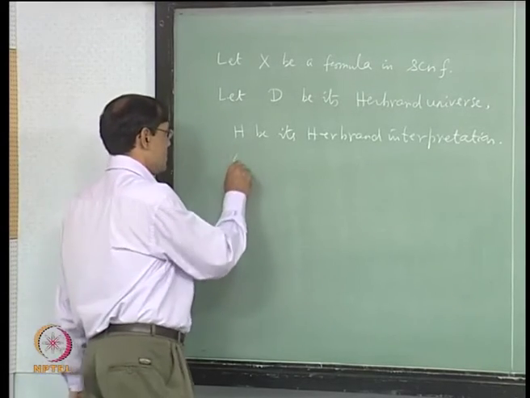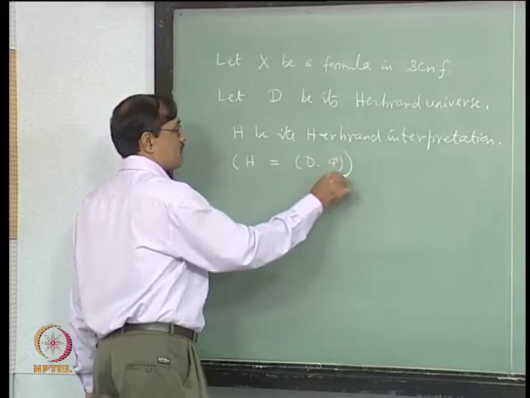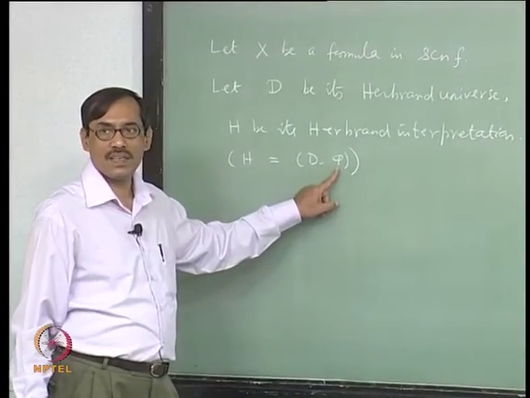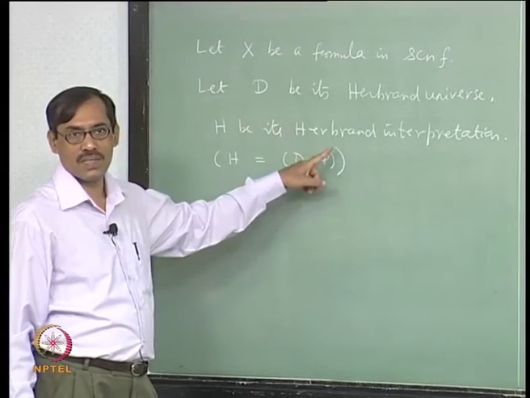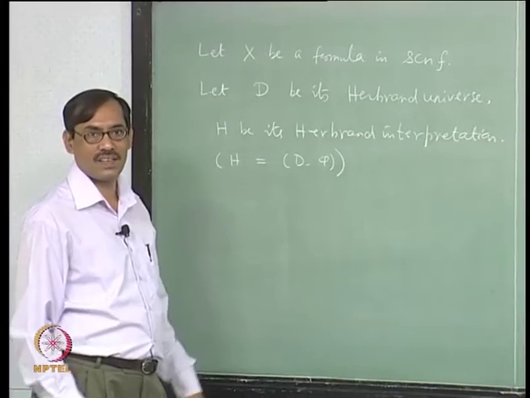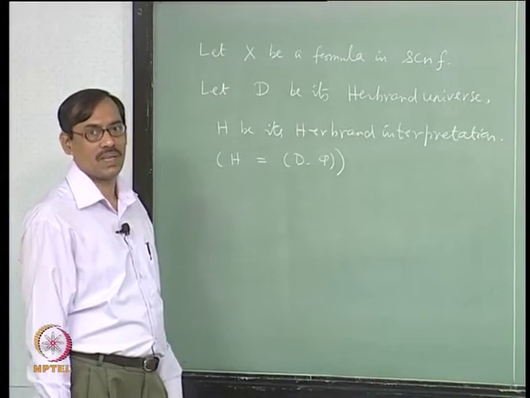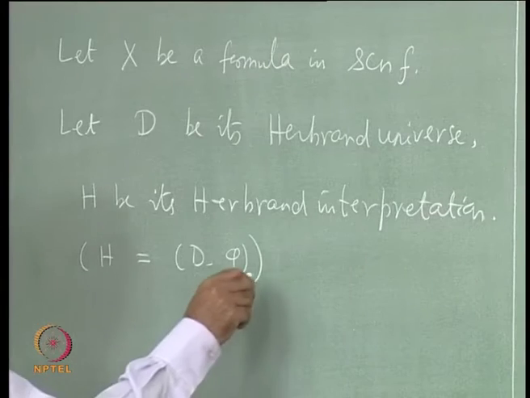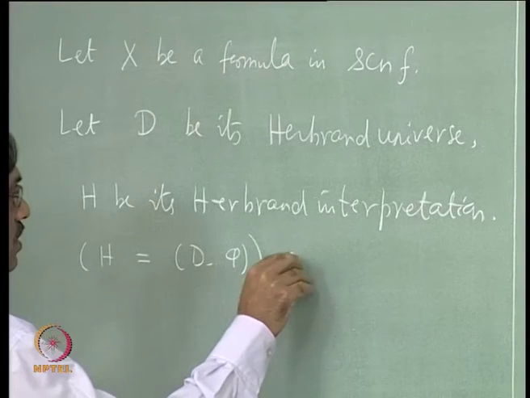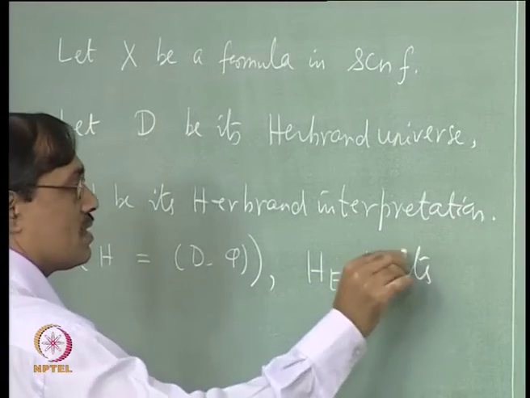So, that is the specific aim of the Herbrand map. So, here this H is equal to an ordered pair D and phi, where phi specifies how these atomic formulas are interpreted, either to 1 or to 0. They are either declared true or declared false. Some of them can be true, some of them can be false. Then we need also the Herbrand expansion. So, let HE be its Herbrand expansion.